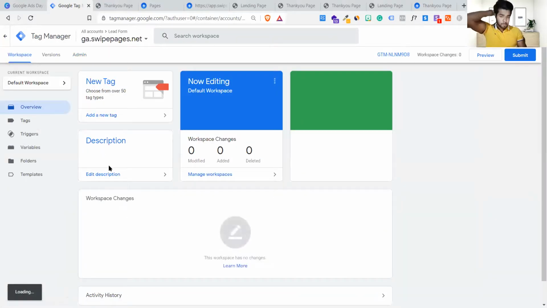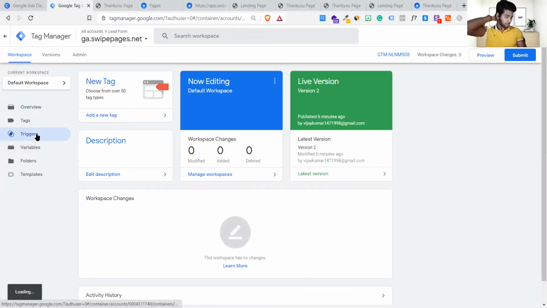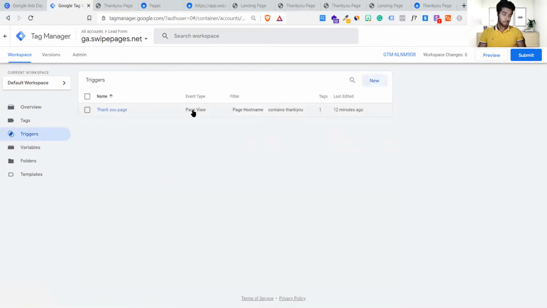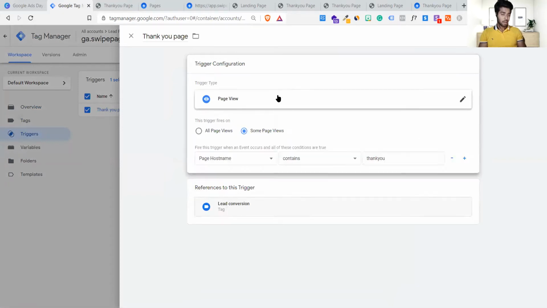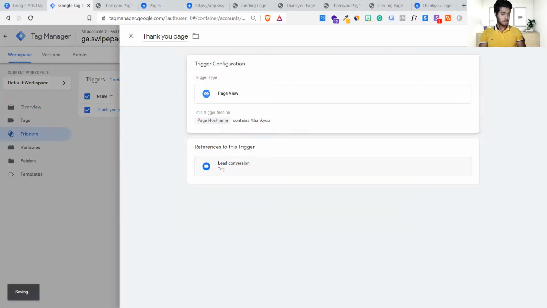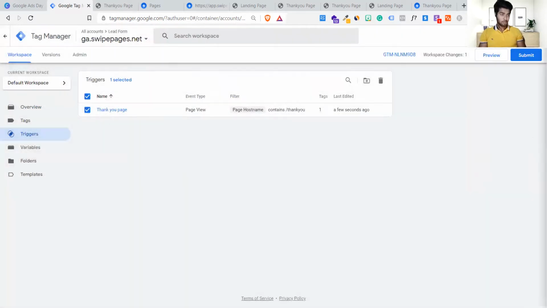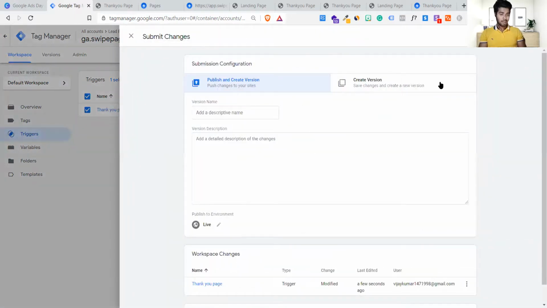Slash thank you page, right? Slash thank you page. You got it. Yes. We removed it. See that, guys? One mistake. We forgot to add the slash in front of this. Just because of that, this particular trigger is not getting counted. So we have to give this. Just because of this little error, our conversion is not getting counted, and it's supposed to be counted right now. What do you say, Saurabh? I think it should work right now, correct? Yes. And I think we have performed the right things.